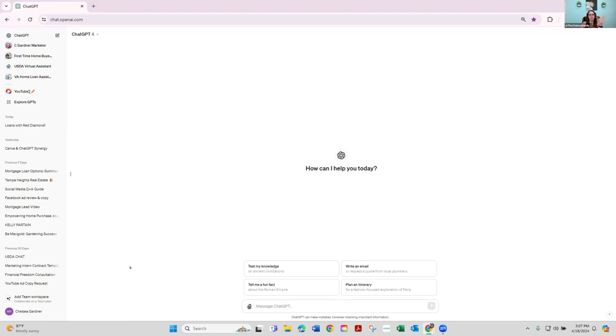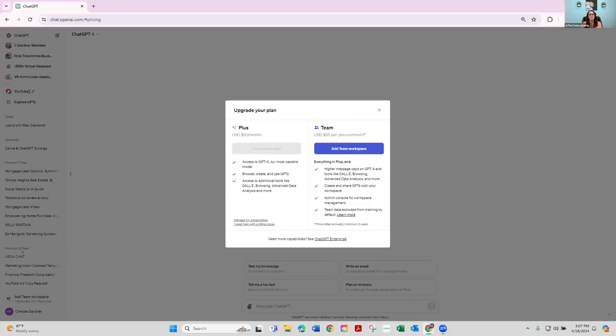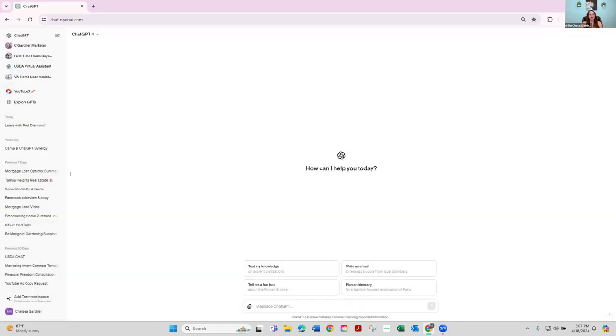And simply to do that, just as a little side note, I'll walk you through that. If you're in your ChatGPT account, you would actually just click on your name in the bottom left corner and go to My Plan. And then you would be able to upgrade right here. So I'm obviously already on the Plus plan. You would upgrade right there. So if it's something that after this, you're like, yes, I want to be able to do all of those things, Charles, that's where you would go do that.